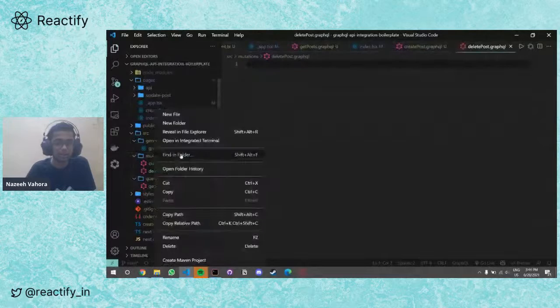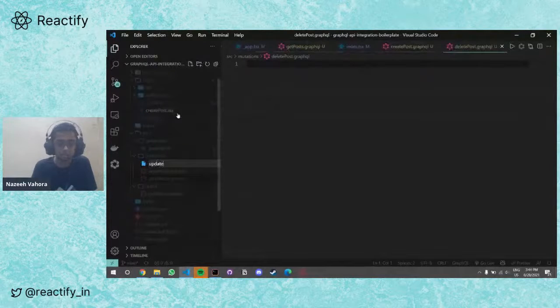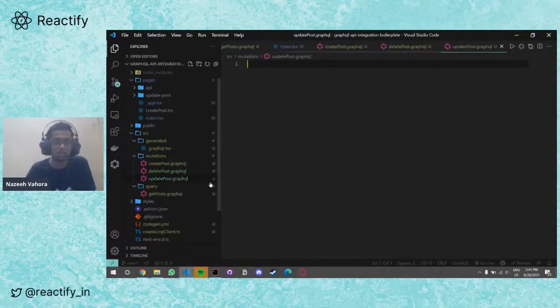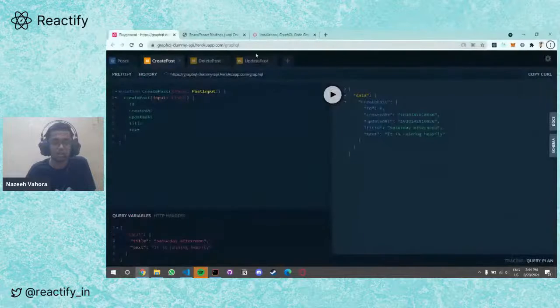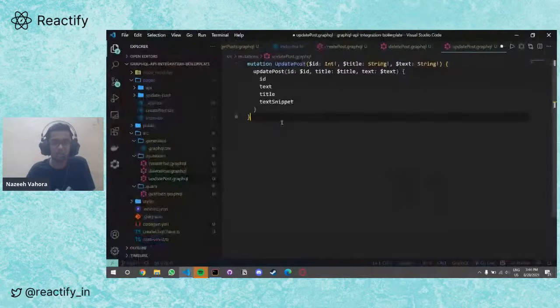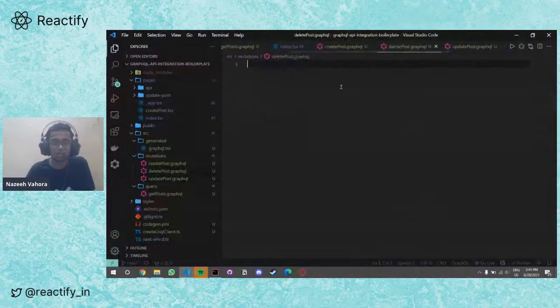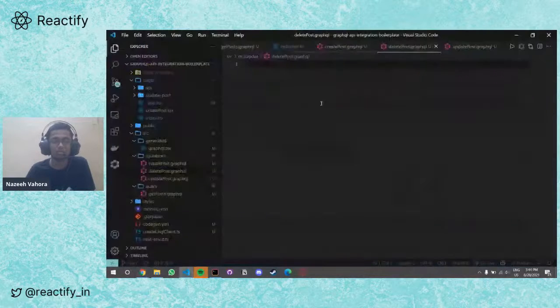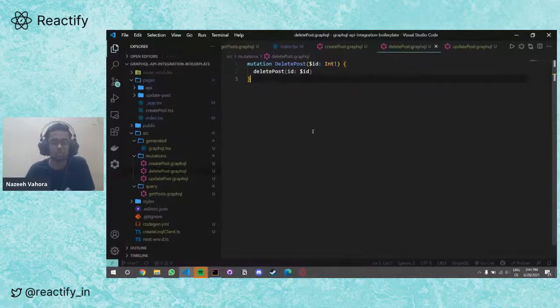Update post. So let me just copy the mutation, and for delete post, yeah, so we have all the required mutations.